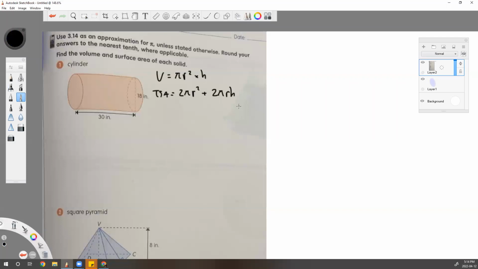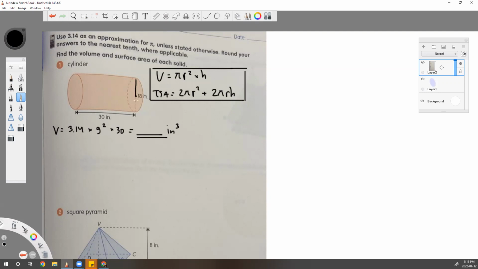Okay. And then what you have to do now is try to put in the formula. So the volume is pi, 3.14, right? That's an approximation of pi unless stated otherwise. So 3.14 times the radius. Radius is 9, right? 9 squared times the height, which is 30. So you can find it by yourself. Something inch cubed. Get the idea, Stacy? Yep. Okay, as long as you memorize the formula, I think there is no problem with all the workings,